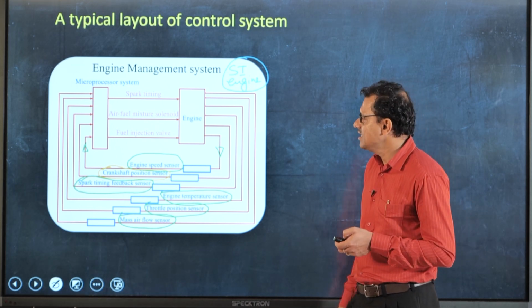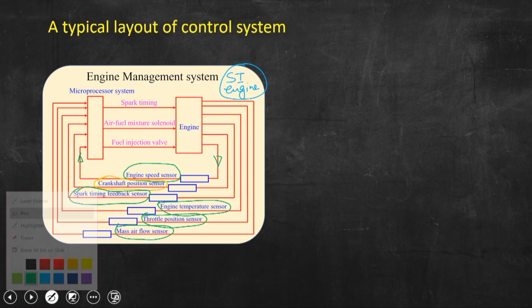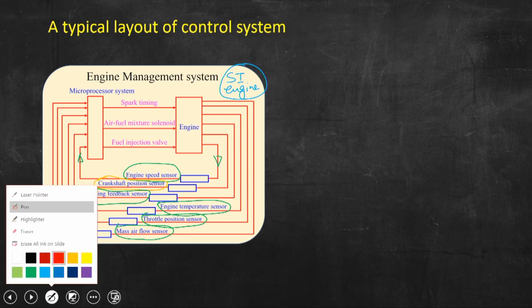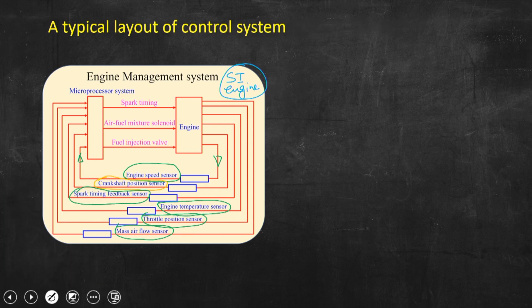So, we have understood all these, and this is how an engine management system or an electronic control unit works. And as I told you, if we look at the schematic depiction, we can see there are two important types of sensors. In fact, all sensors are very important for the safe operation of the engine, but in today's class we shall be discussing two important sensors. What are those? If we try to mark them, one sensor is the engine temperature sensor and another one is, so we shall be discussing about